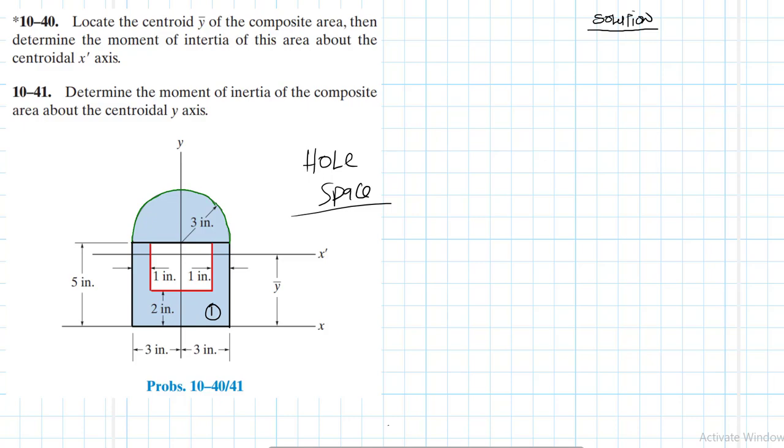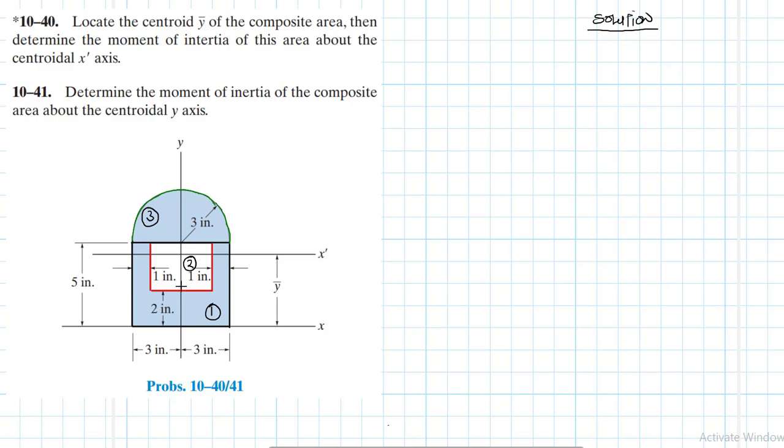composite area. Okay, I'll assign that as my second shape or second part, and then the semicircle will be my third one. So I've assigned everything that I have. So let me now assign the geometric properties. I'm going to start with